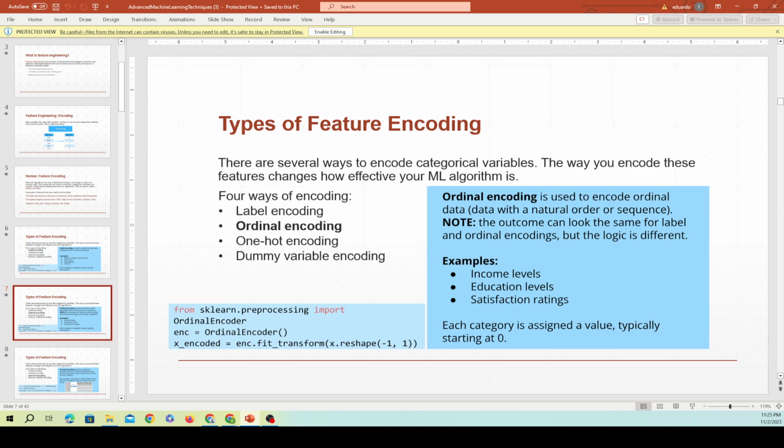So for example, income levels, that could be in order, right? Education levels: high school degree, associate, bachelor's, master's, PhD, right? So that does have an order, so we can assign an order to those to the list. Satisfaction rating, we can assign an order, and the way we actually use that is